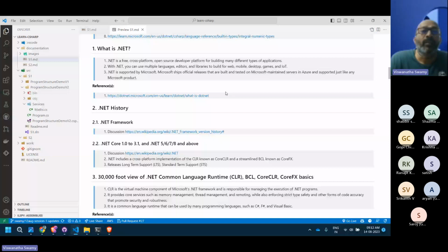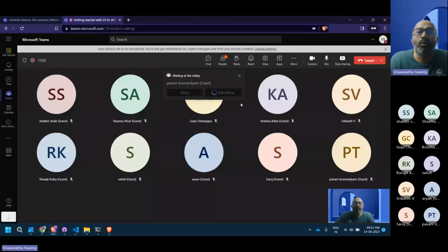And where can we use this .NET? We can use .NET to build web applications, desktop applications, mobile, IoT, everywhere. I mean, you name it, you'll be able to code it.